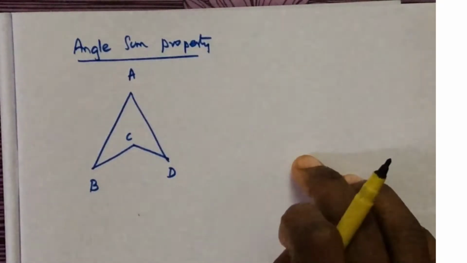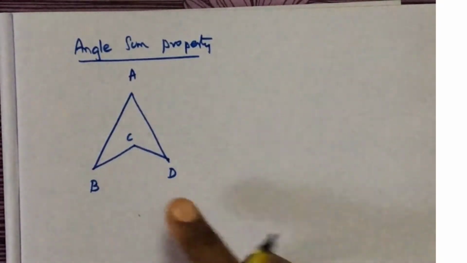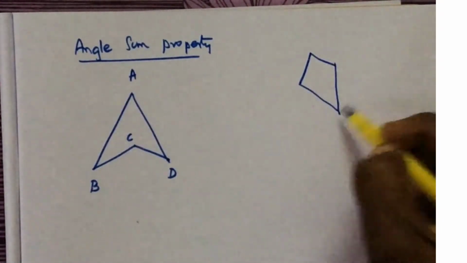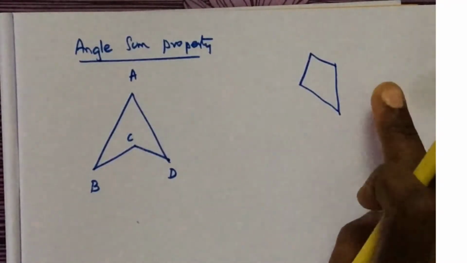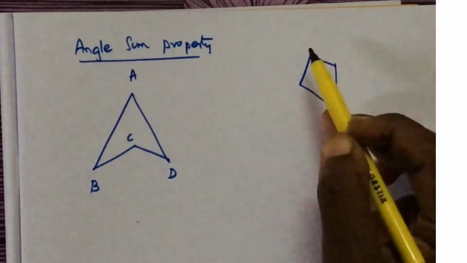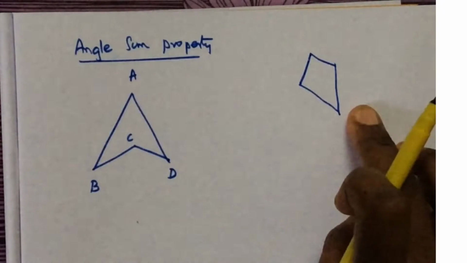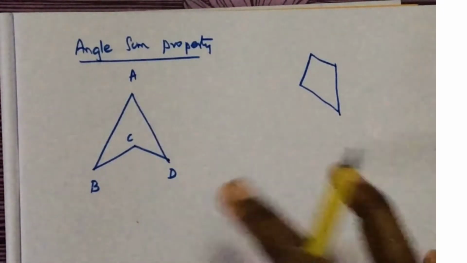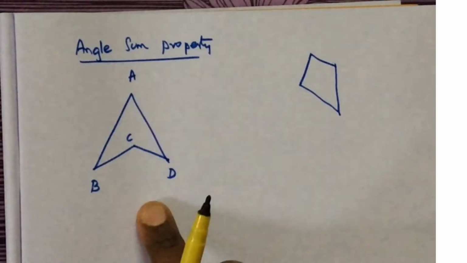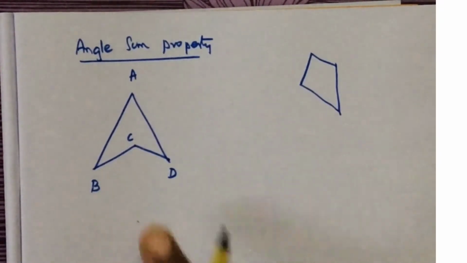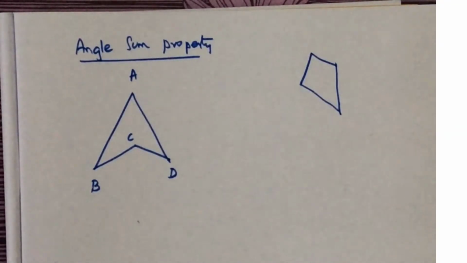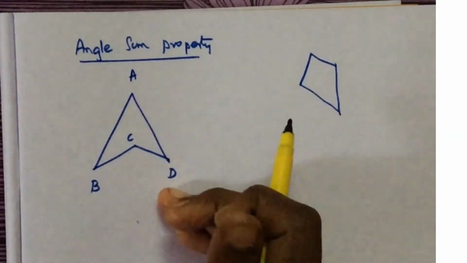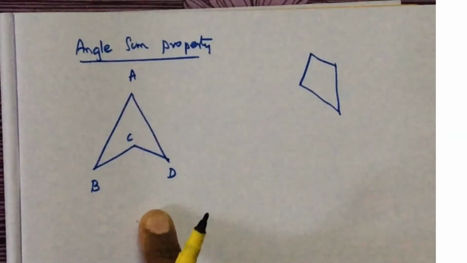Now the same thing we are going to check for this type of polygon. Last time we took something like this. This is also a quadrilateral, which is closed and also has 4 vertices. Then what is the difference between this quadrilateral and the earlier one? The difference is that that one is a convex polygon and this is a concave polygon. Why is it called concave? Because if you draw a diagonal from here to here, this diagonal is outside the exterior of this polygon, so it is called a concave polygon.